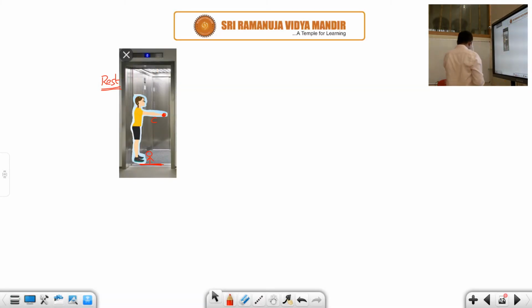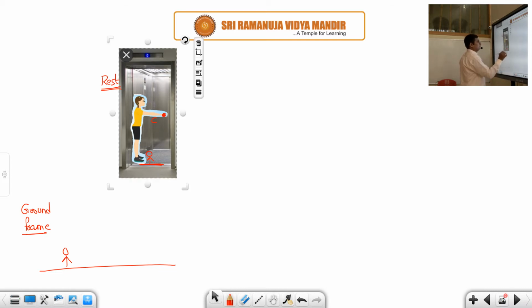Okay, now let us see, students. In this case, the first step is always to see from the ground frame, as I told you. Correct or not, students? We should write the values from the ground frame, so when you stand on the ground, what are the values of the velocity and acceleration for the lift as well as for the coin? For that, we'll copy this one.